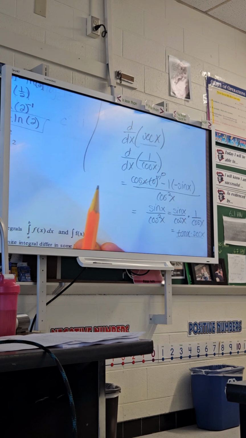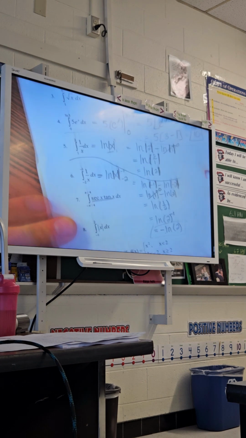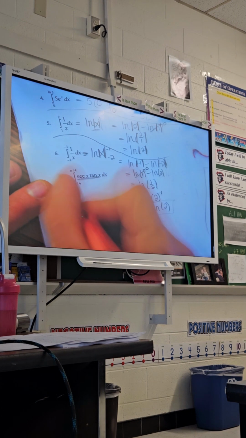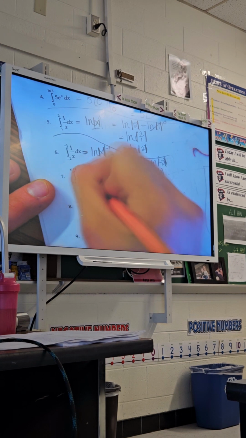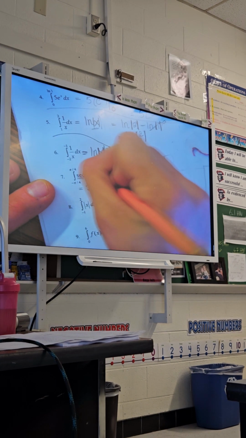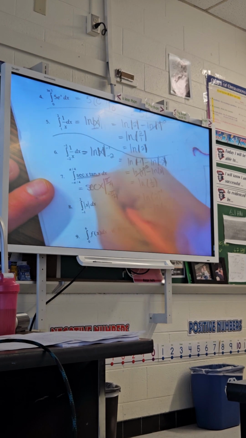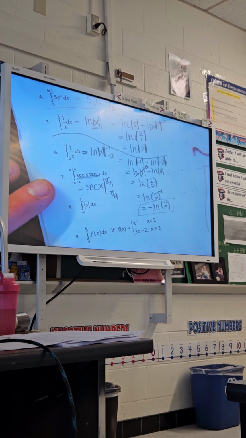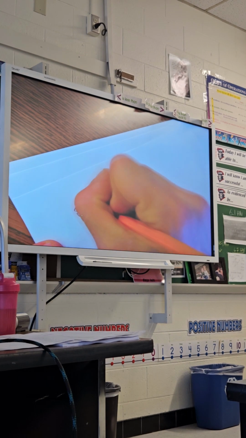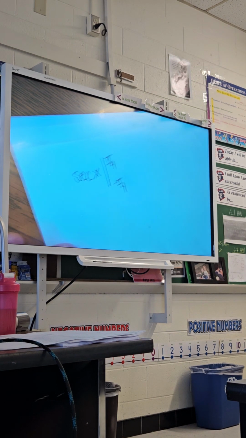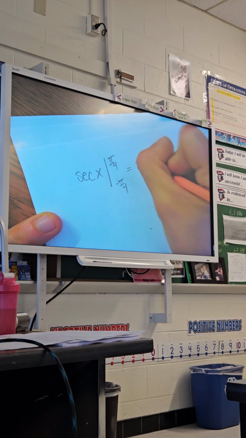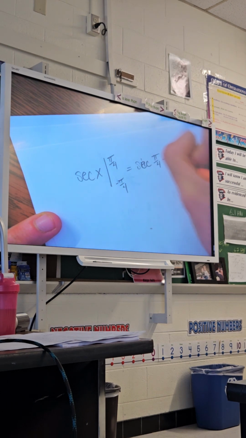Alright, cool. I'm zoomed in like crazy though. So this is secant x from pi over 4 to negative pi over 4. Yeah, the tangent's the same. And I have to go to the back for this. Secant x, pi over 4 to negative pi over 4. Oops. Secant pi over 4 minus